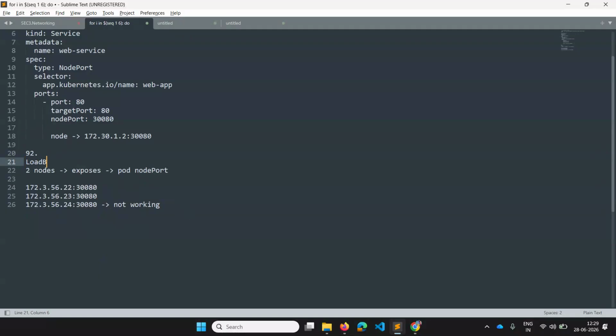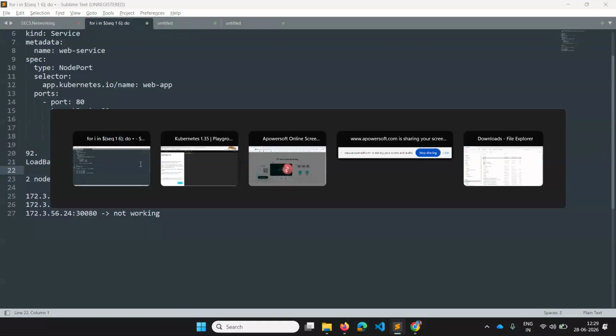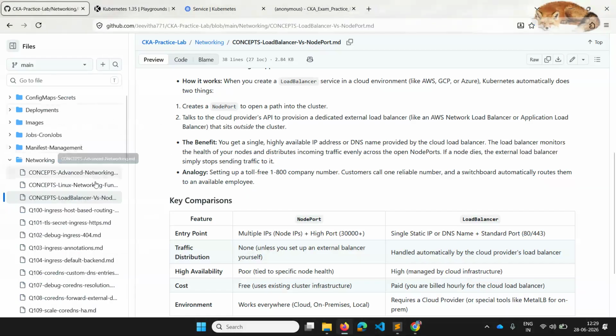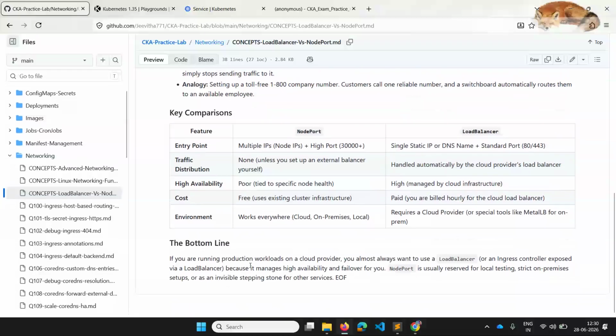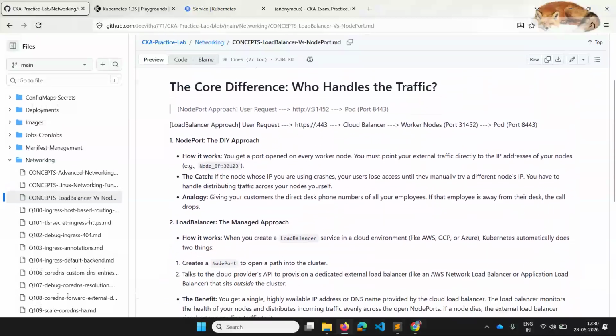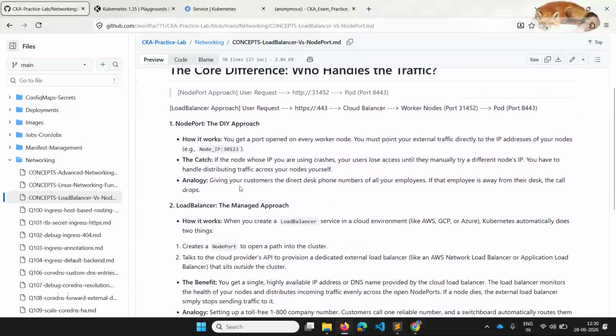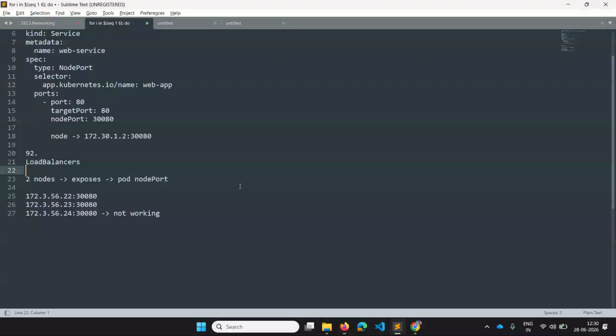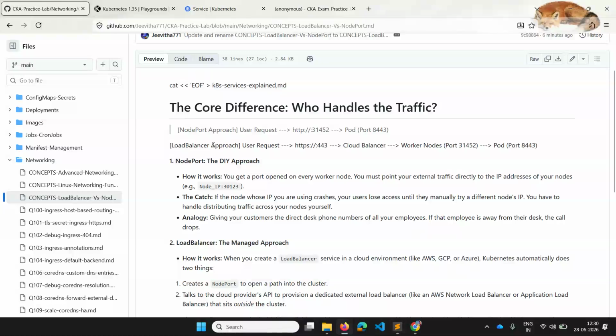So that's the difference between how load balancers and node IPs work, and you can see this MD file of differences between both.